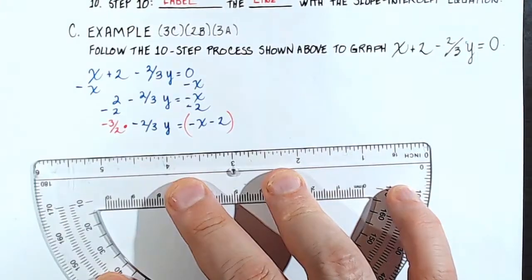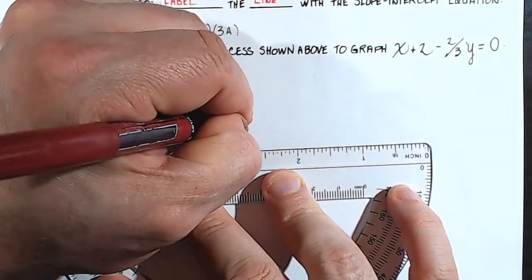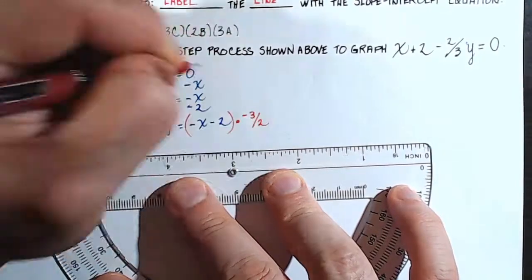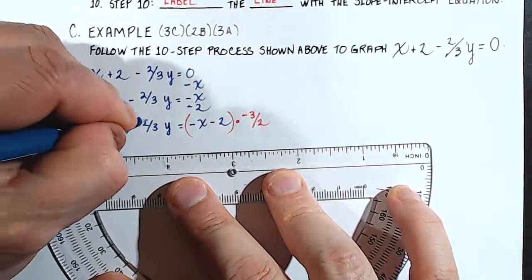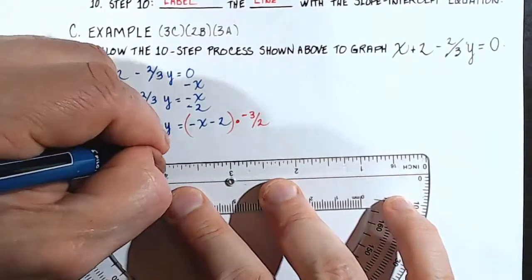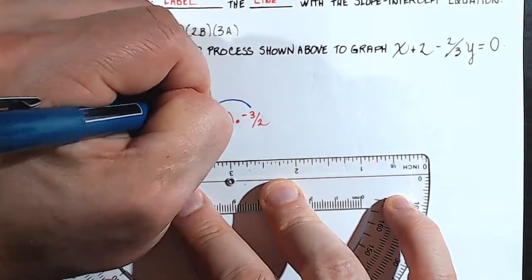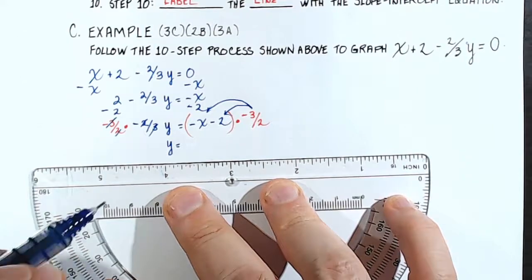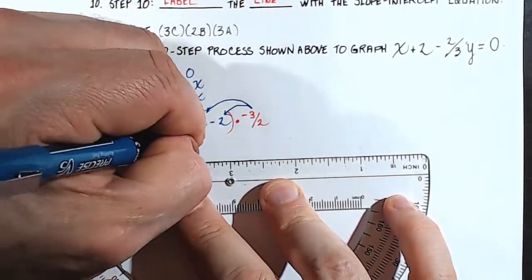When you do this to the right side of the equation, you have more than one term on the right, so you must put it in parentheses and multiply everything by negative 3/2. And you have just created for yourself a distribution problem. But first, let's cancel these terms out. We now have y by itself, so y equals. To get the rest of this, we have to distribute, multiply negative 3/2 to each term inside the parentheses. So negative 3/2 times negative x is positive